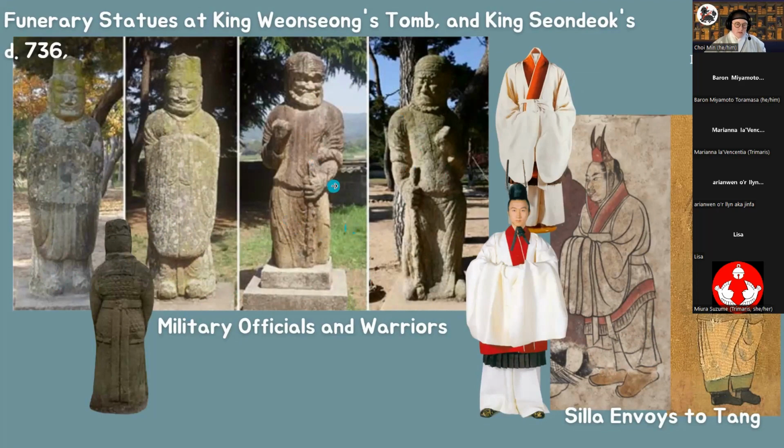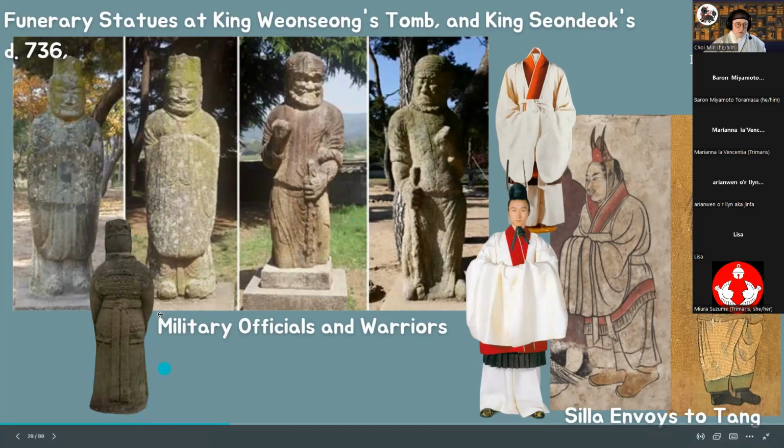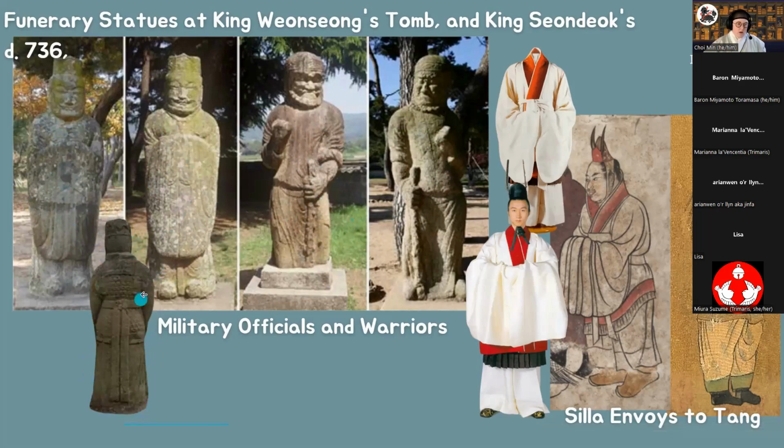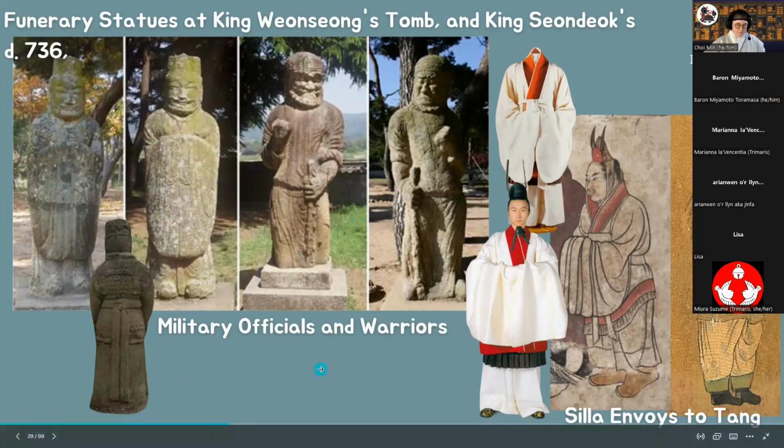So these are warriors, my bad, and then these are the officials, so the people directing the military. And I found one picture of the backside, so you can see these guys have their long sleeves here, and then they have a breastplate on, and then you turn them around, and they just tied it in the back.